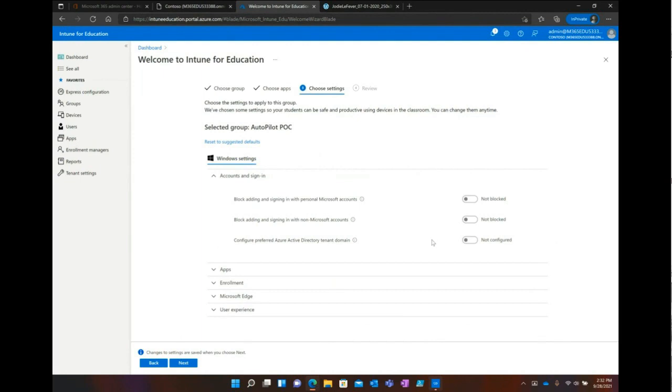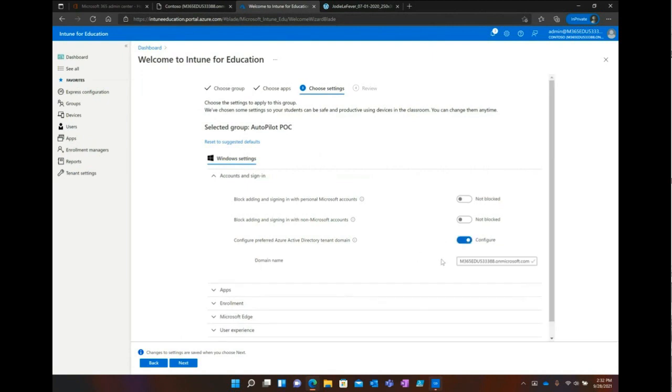You won't find a lot of these in full Intune, which has been more of an enterprise product. So let's say you're deploying a bunch of devices and you've been doing local AD for a long time. People are used to only typing that first part of their email. You can configure this preferred Azure Active Directory tenant domain name, which will then append that to the login so they don't have to type their full email.